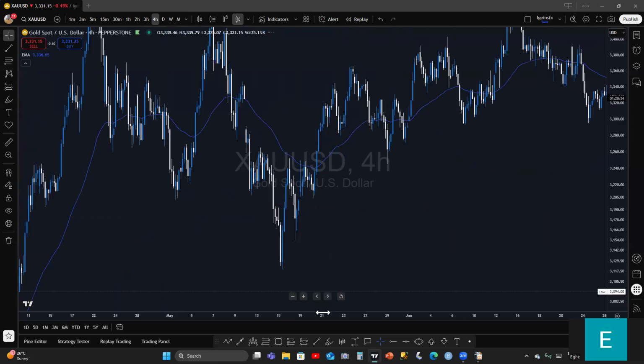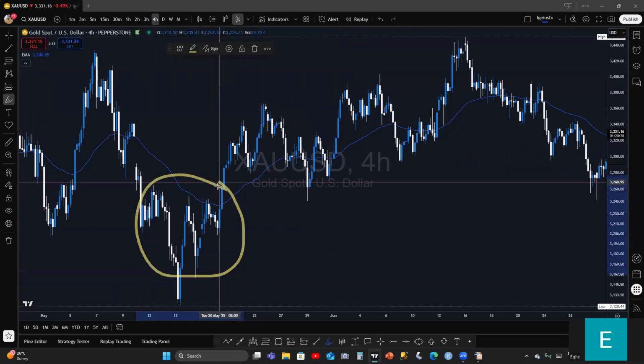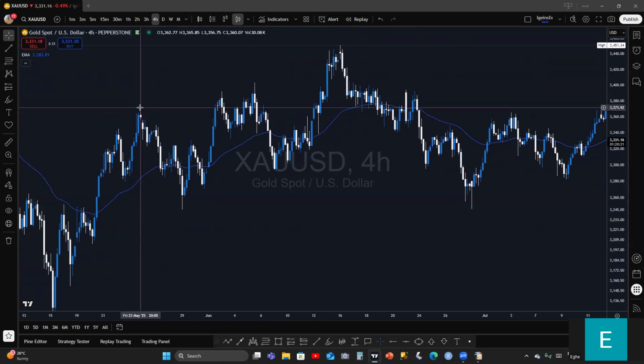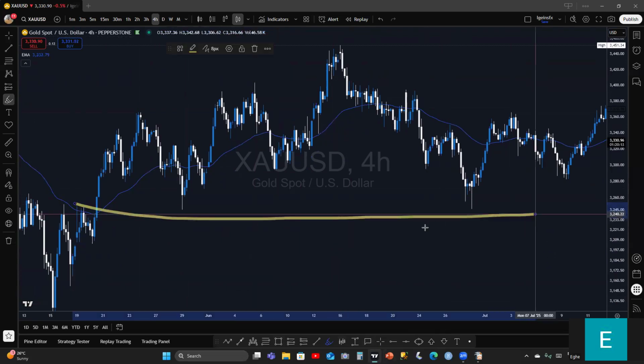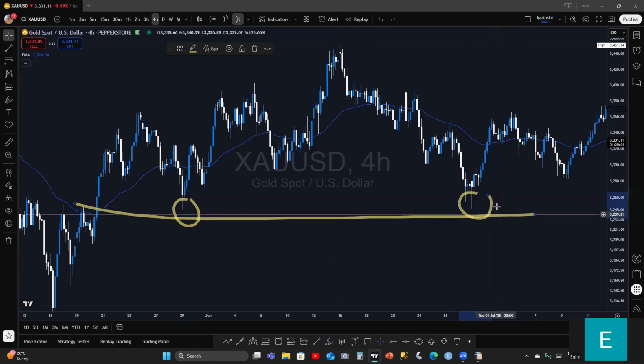And why is it obvious? It's obvious because this is where a change of character occurred. A change of character occurred here. So price action made a reference here. It retested this level. All right. It came back again, retested this level again. From here, it now bounced. So it's going up again. It has resumed the